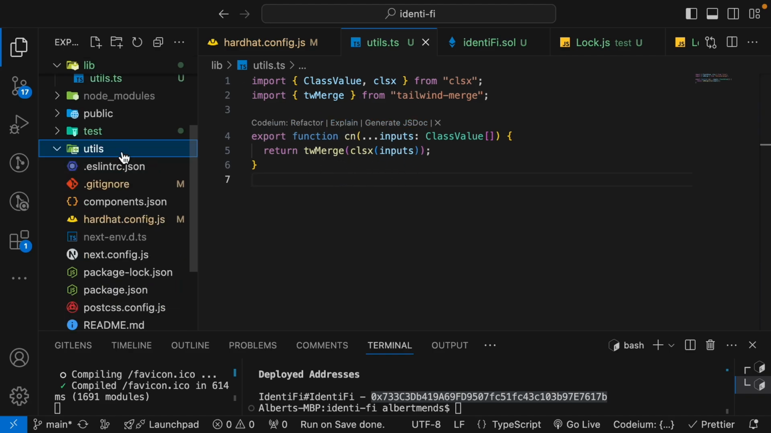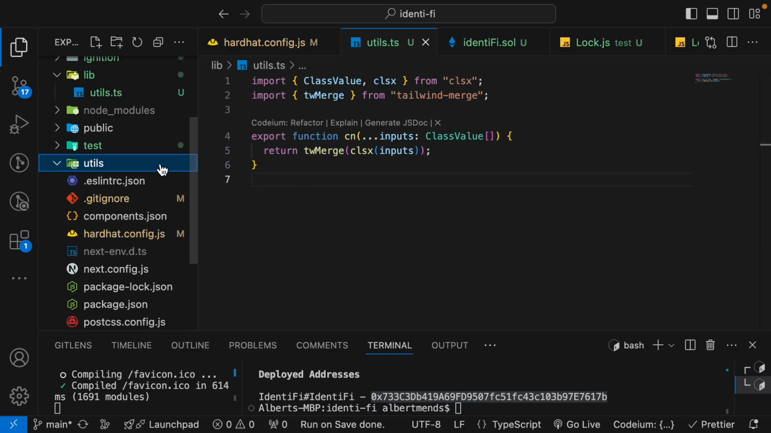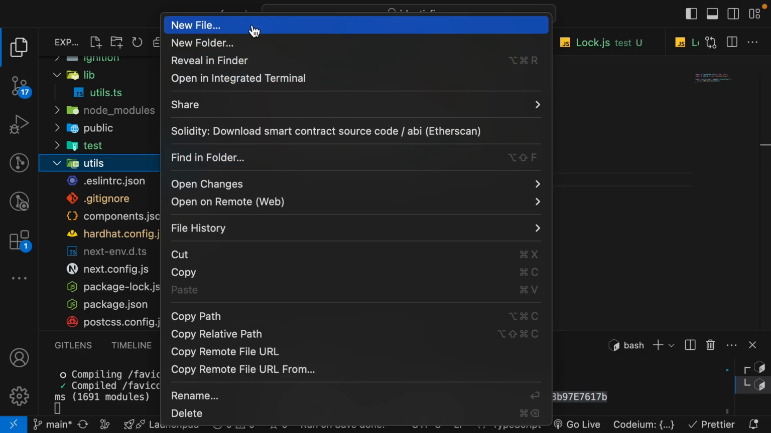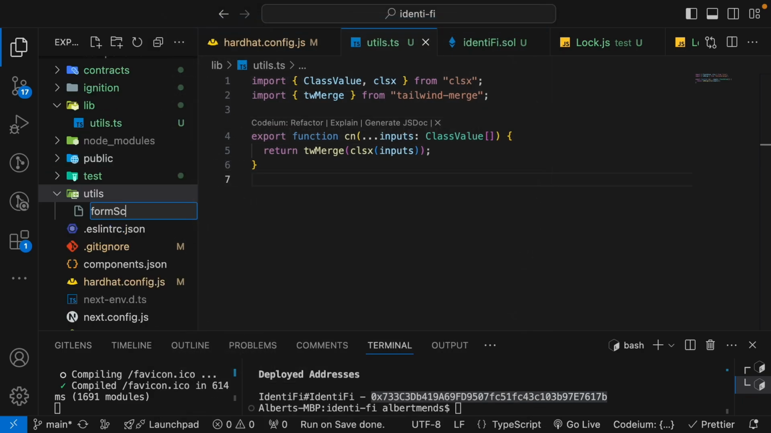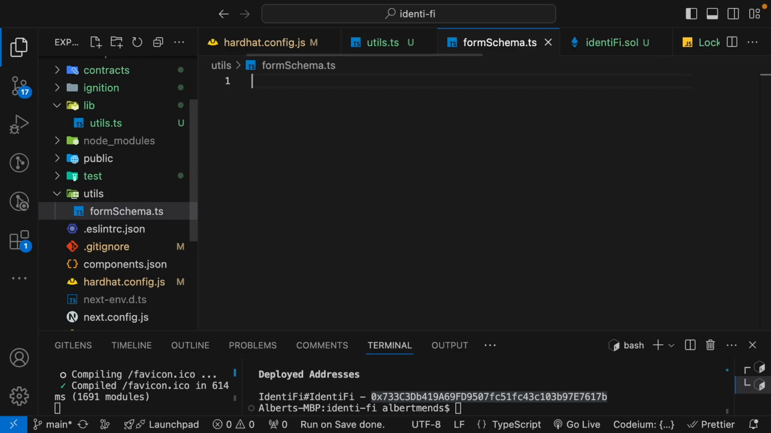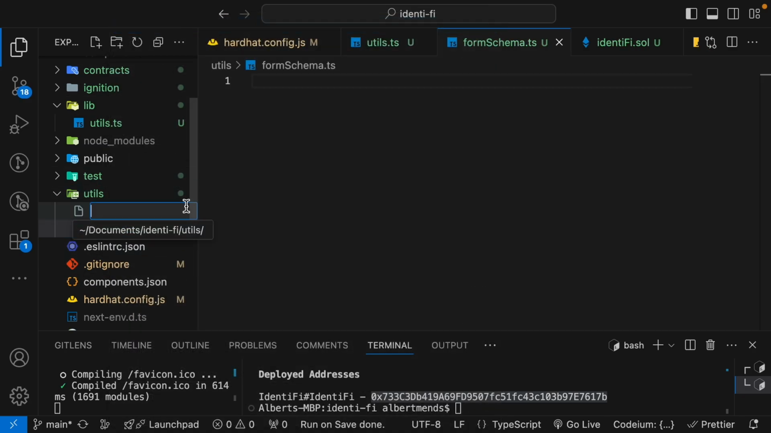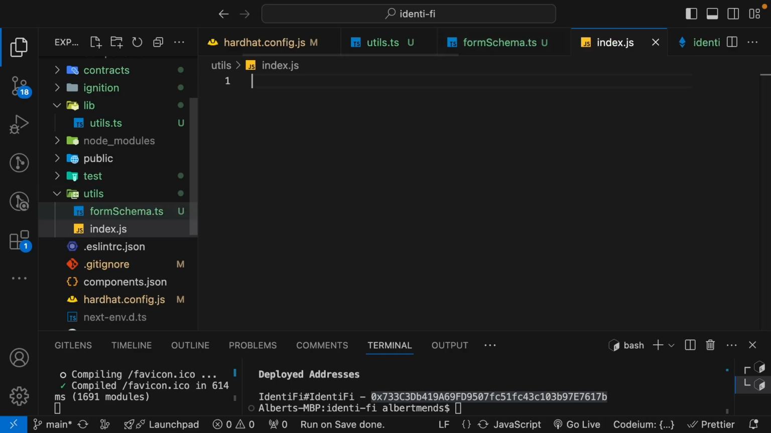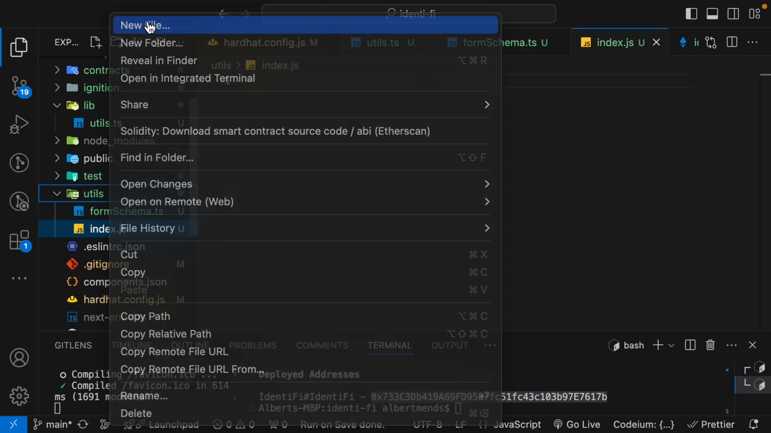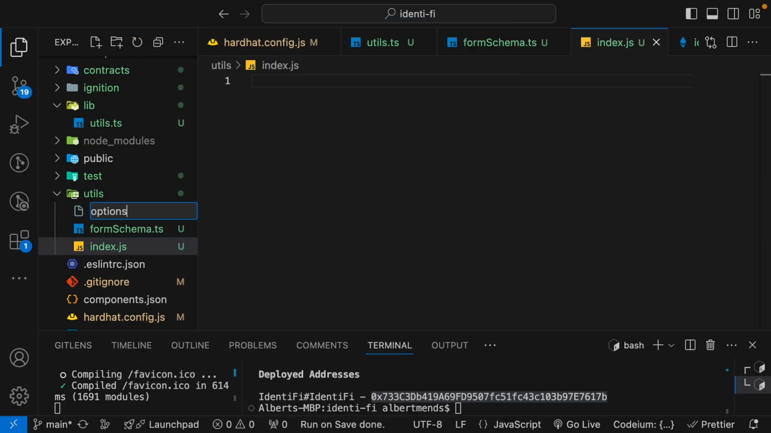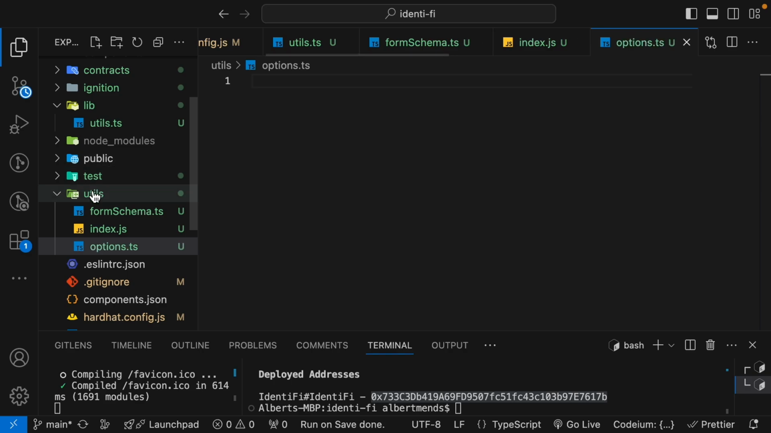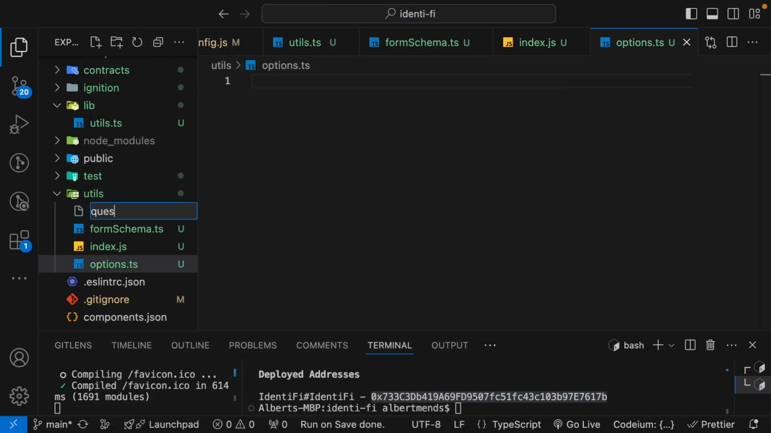And then inside the utils, we are going to create 4 or more files. We are first going to create a file named formSchema.ts, which we are going to tackle when we get to the forms part in onboarding the user. And then we have index.js. We have options.ts. We have queries.js,